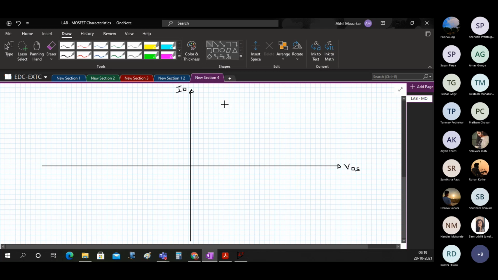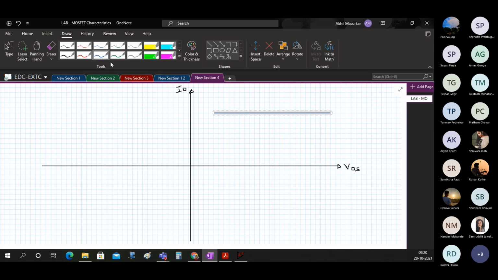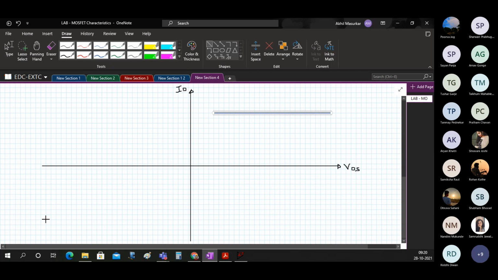And we know that the characteristics for a certain value of VGS in the enhancement type is going to be in this fashion. So let me just put it this way.